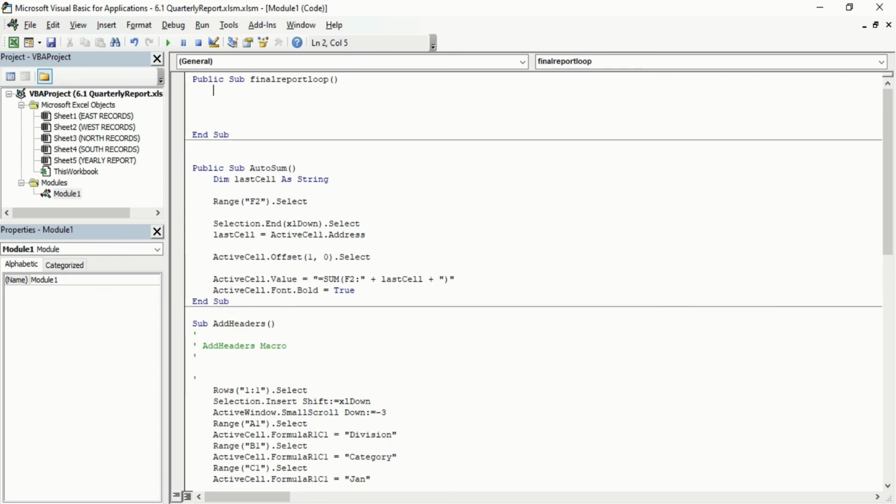So first of all, I hope you understand, this is the most basic thing. We will introduce first of all a variable as integer.